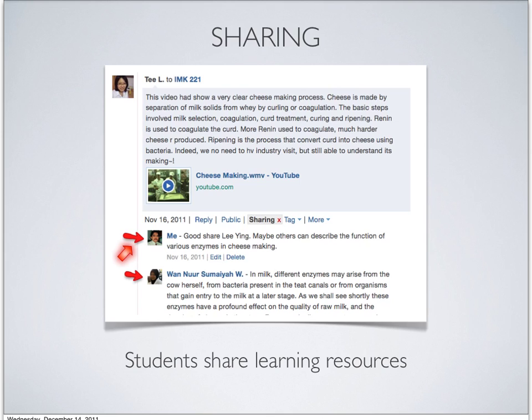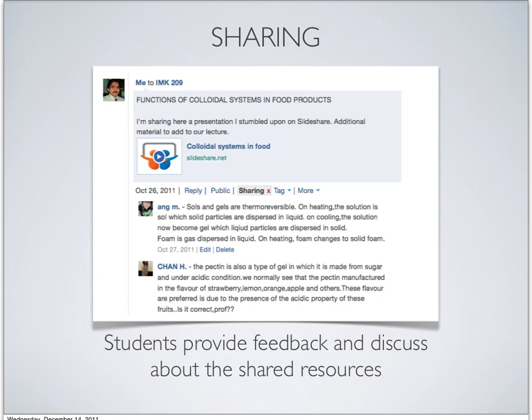Of course, as a teacher, whenever the students share anything, I think we can give them motivation and encourage them to share more in the Edmodo. The teacher also can lead by example.